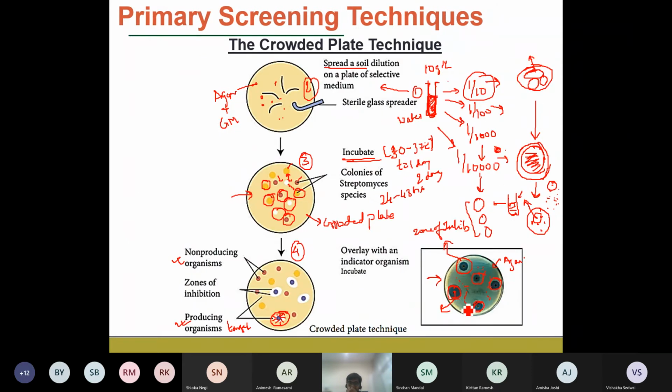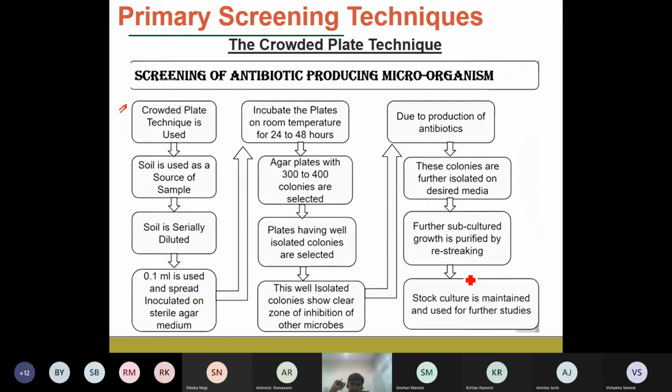We already talked about how in the industrial strain we would like to have a microbe whose culture should be of a particular single microorganism rather than a mixed culture. So we do the subculturing so that we can extract the pure culture from this type of mixed culture. Now coming to the point, this very briefly summarizes the steps.